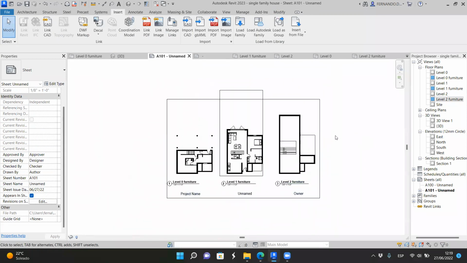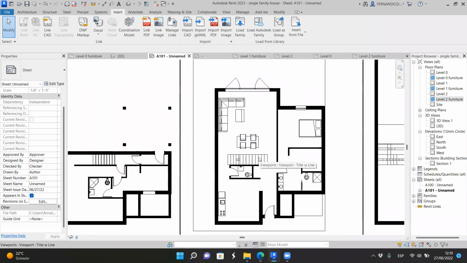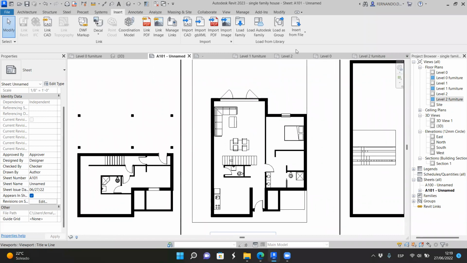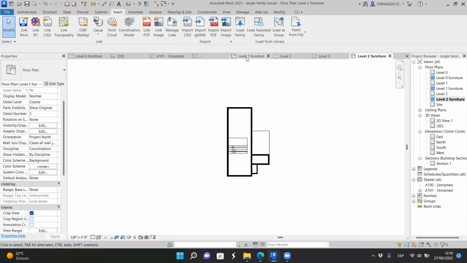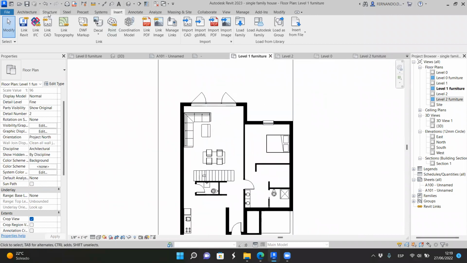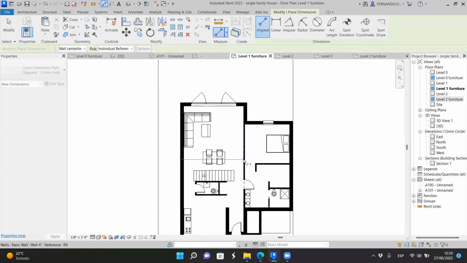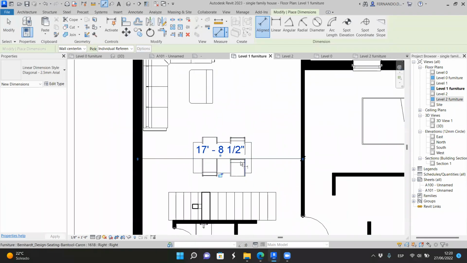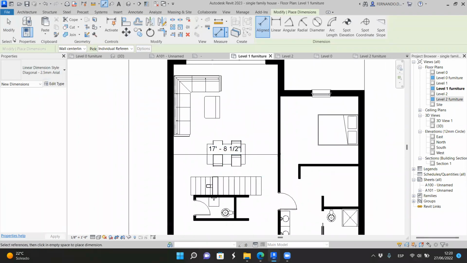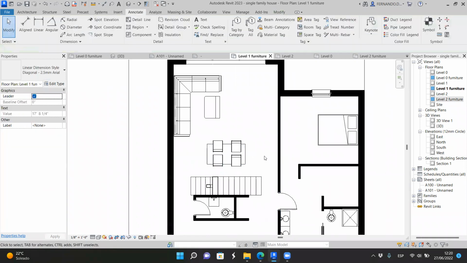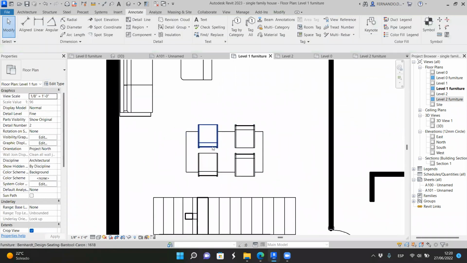So that's the first video. I will record another one to show you how to do the same thing, but instead of working with furniture, we are going to work with dimensions. And probably we will need to hide the furniture, and then we will have to place dimensions. Because if we place dimensions here, if you go to annotate, align, and if we want to place dimensions, this can be a mess because we don't know. Okay, so this doesn't happen. We need to place dimensions in a different